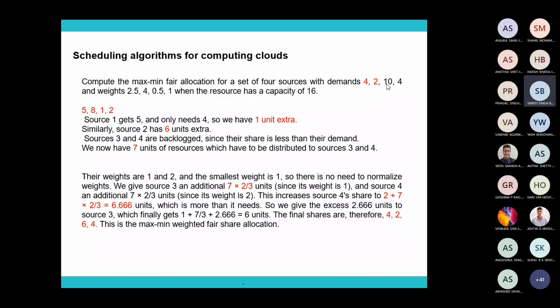Now you go to user 3. User 3 has requested only 10, right? He has requested only 10, and the allocated amount is only 3.33, which is already less than that. Is it clear? Okay, then you check the last one. User 4 has requested 4, but what are they getting now? 6.66. That is extra, right? Yes, sir. What is extra? 2.666 extra. Then the extra you have to allocate only to user 3. Okay, sir. Yeah, got it.